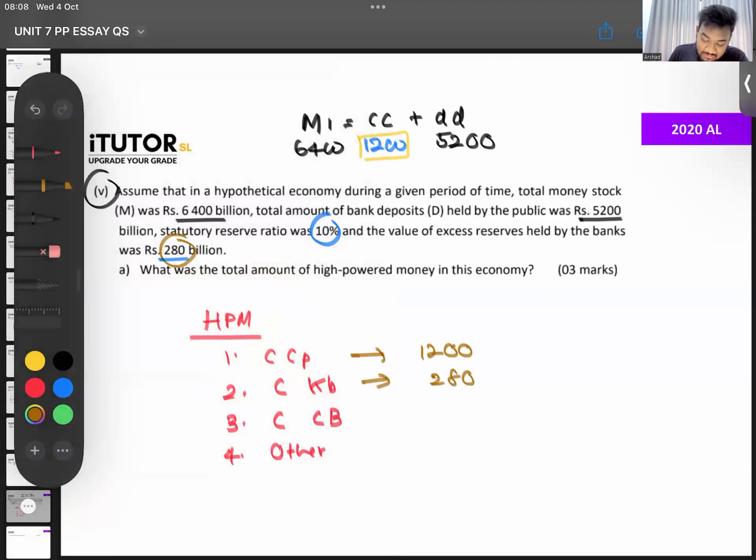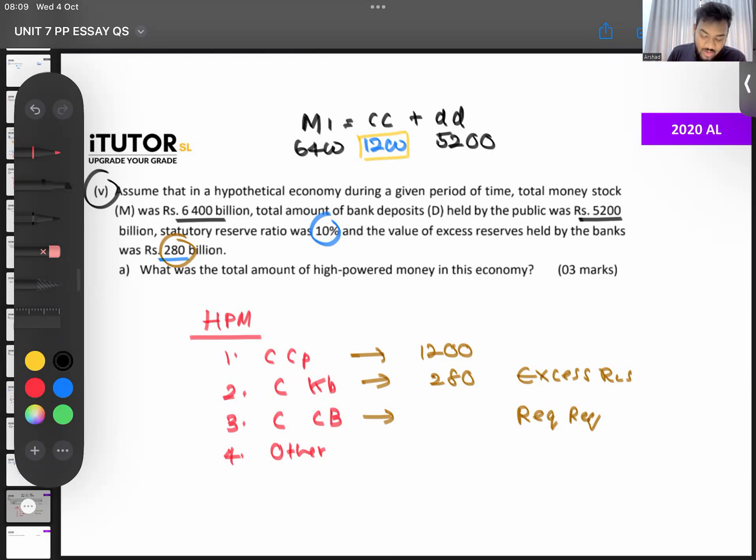Then commercial bank deposit in the central bank. This is usually the required reserve, remember. Okay. Then commercial bank deposit with the central bank, that is, what do they deposit? The required reserves, no? That's the required reserve part usually. It doesn't only have to be the required, there can be more, right? But usually in questions like this, the required reserve.